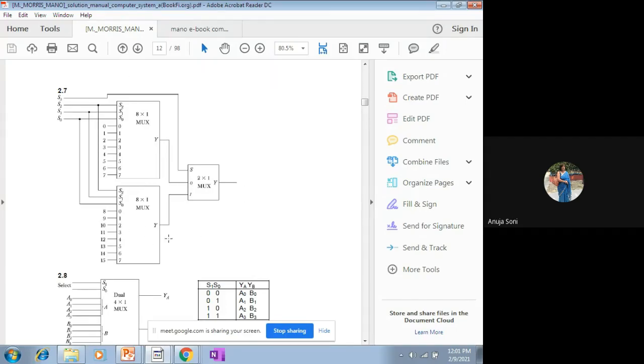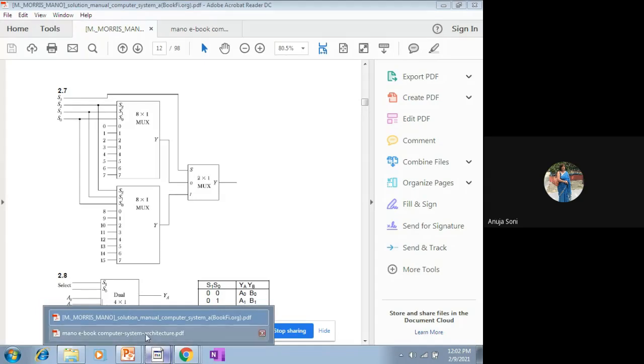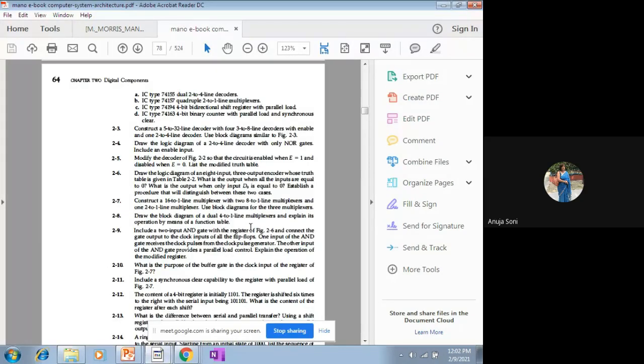So this way, these smaller size multiplexers are connected in order to work as your bigger size multiplexer of the size 16:1, right? This way the multiplexer may be expanded, as well as the decoder. We can talk about the expansion of the decoder also, right? And yes, now you start solving the questions, and a few more questions I have done. I'm not going to explain all the questions. Some questions I have explained, some you try to understand yourself, and in case you are getting some kind of problem, you can bring the queries to me.